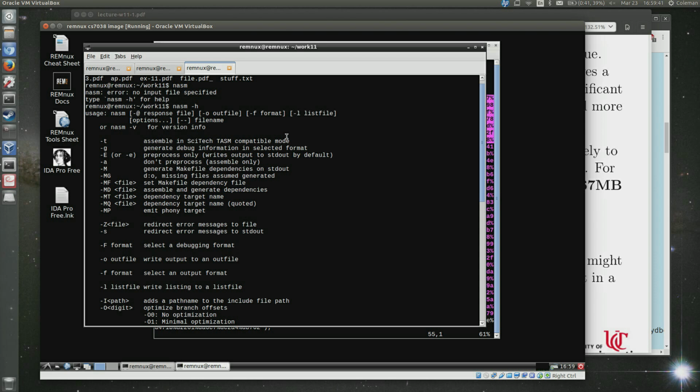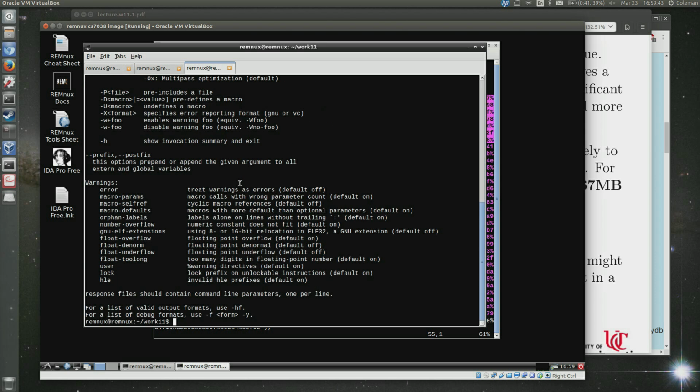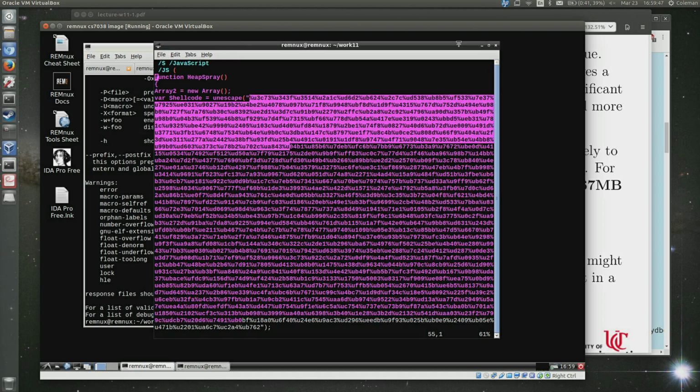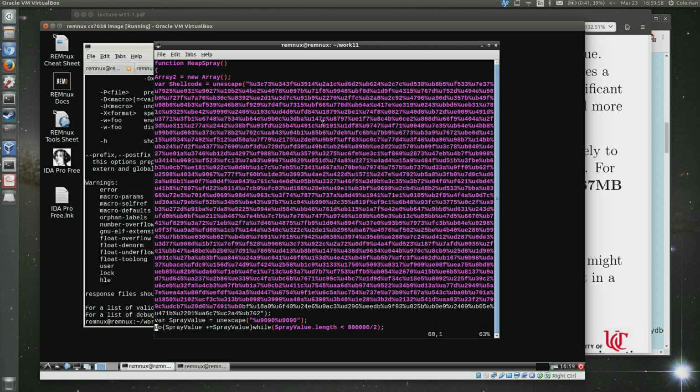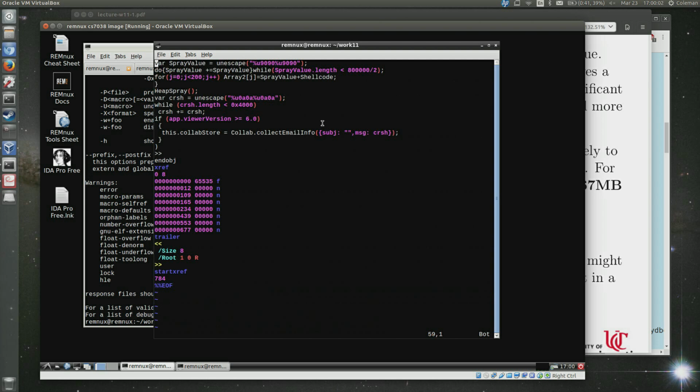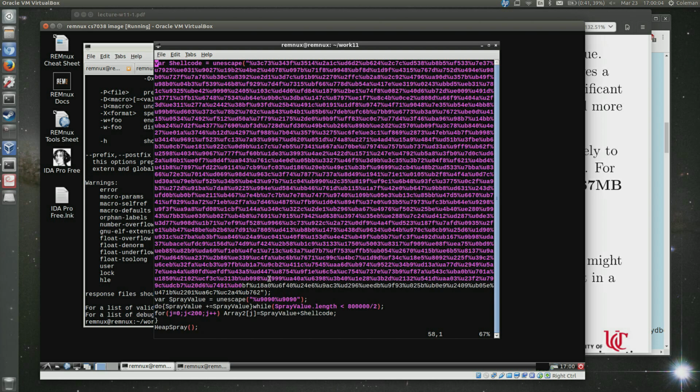So what this person did is they basically used a tool like that to generate some binary data from assembly language they had written, that was supposed to be code that they would like to be executed after they exploit the Acrobat Reader. So then the next thing they do